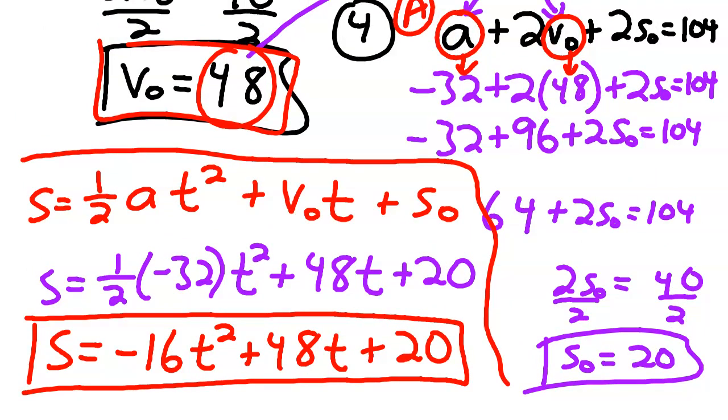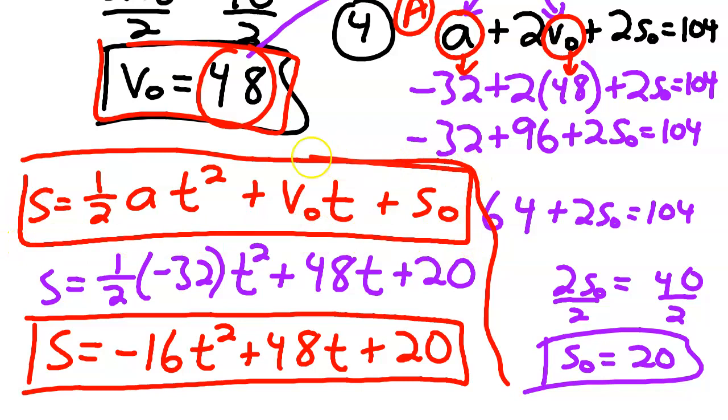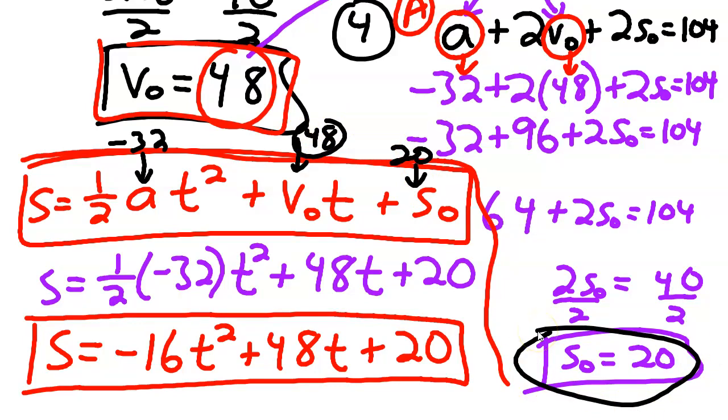So now that I have a value for all three of these things, I can go back to the original formula. This is before I multiplied it by 2 on both sides. You want to go back to the original and plug in the information that we just found, right? So we found that A is -32, V sub 0 is 48, and S sub 0, I didn't mention it, but we got 20 for that, right? When we solved that for S sub 0. And I can plug that into my formula,